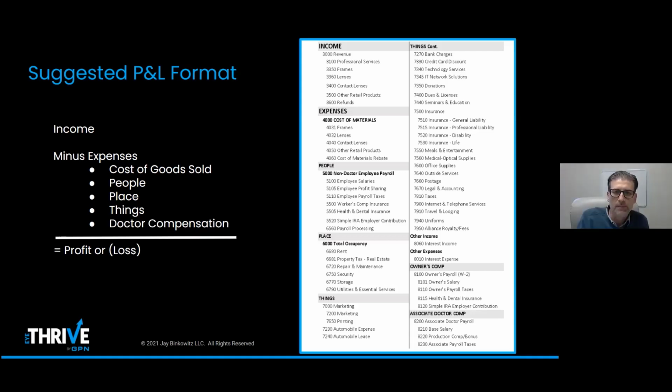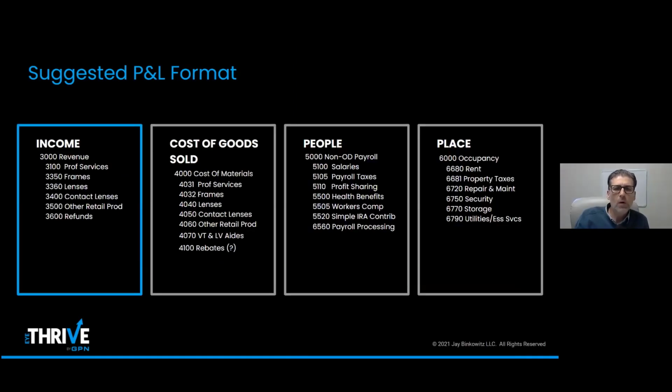Yeah, absolutely. So one of the things I want to point out here is that on the profit and loss statement, we have some layers of subcategories. Under income, for instance, we've broken down professional services and frames and lenses. One of the reasons we do that in my practice is that we also do that within our cost of goods. So I'm not sure you can see my pointer here, but if you see this expense 3350,